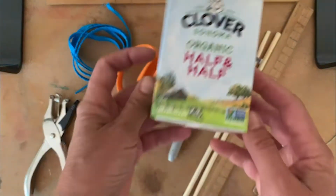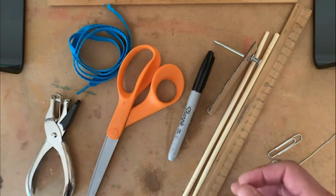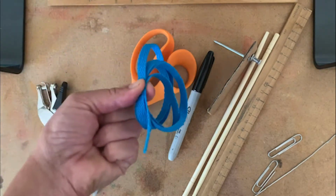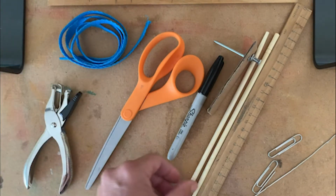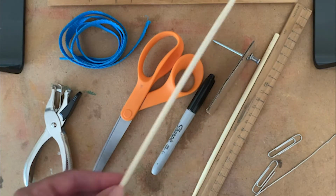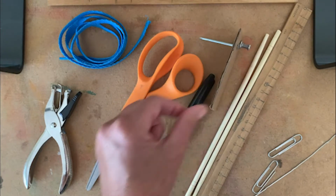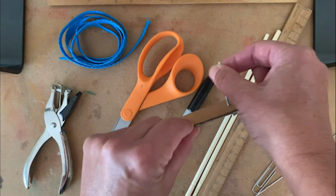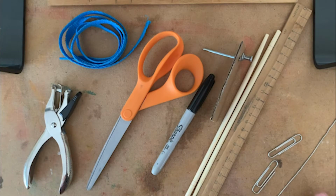So I'm just going to show you the half and half container because it's small and it'll fit underneath. But you're basically going to take your container. You're going to need some scissors. You're going to need a hole punch. I'm going to reuse the leftover shoestring from a previous project. Something for maybe the bird to stand on. If you wanted to, you could use a chopstick. But you don't really have to poke a hole in it at all if you don't want to. But something to get your hole started is also needed. I'm using a nail, or you could use a push pin, or have your grown-up help you make the hole to cut around the